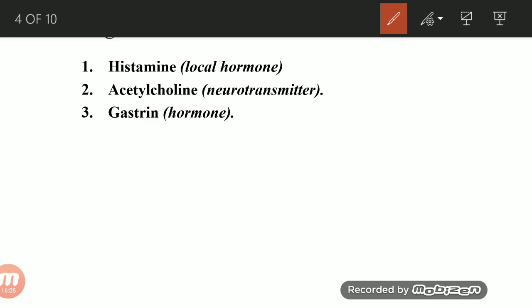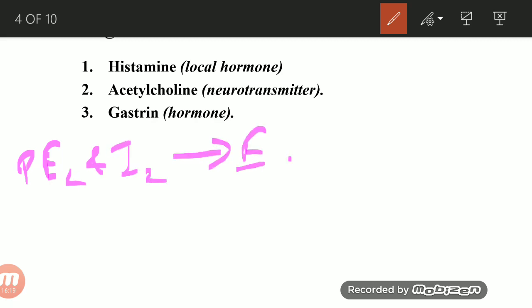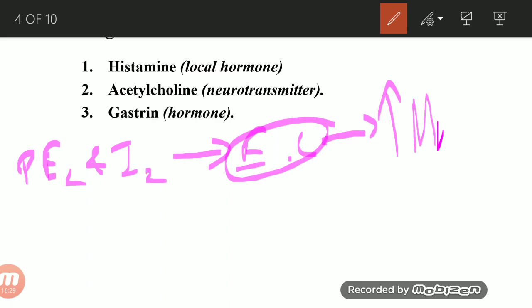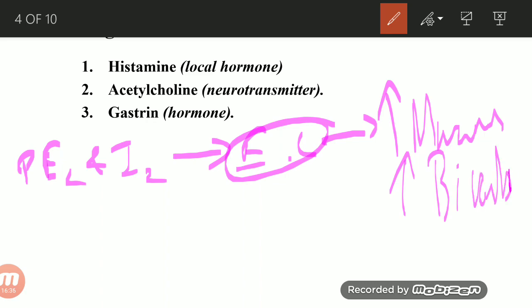So in this case, since we are talking about the regulation of gastric secretion, your PGE2, prostaglandin E2 and I2, goes and acts on your epithelial cells, and when it does, it is going to increase your secretion of mucus, as well as increase your secretion of bicarbonate ions. Okay,